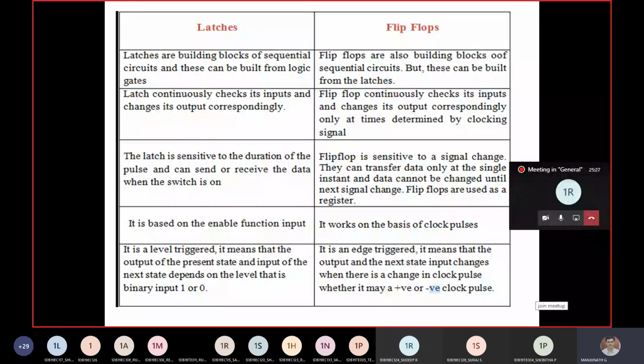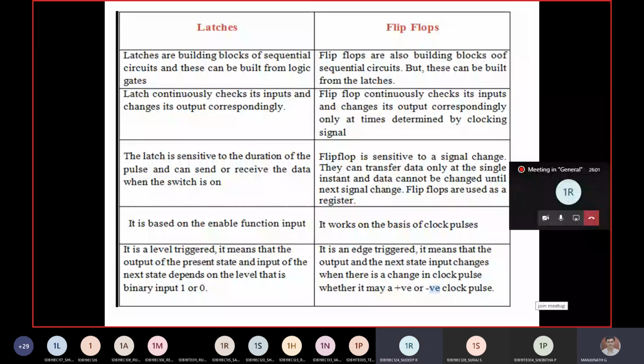Okay, fine. In module number 3, the topics you are going to learn are mainly latches and more on flip-flops, along with the applications of flip-flops. You can expect almost 25 to 30 marks from flip-flops itself and the remaining 10 to 12 marks from latches. So flip-flops play a major role here. Since we have to learn this, we should clearly mention the difference between latches and flip-flops. Before this, has anyone heard the words latches and flip-flops?